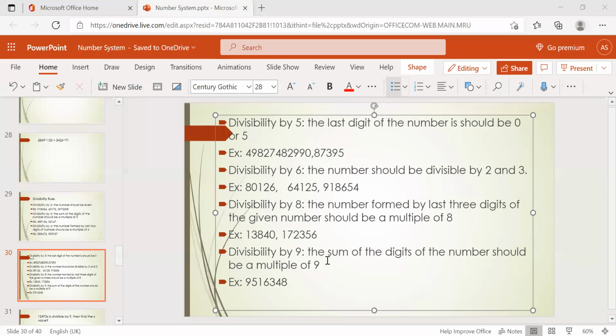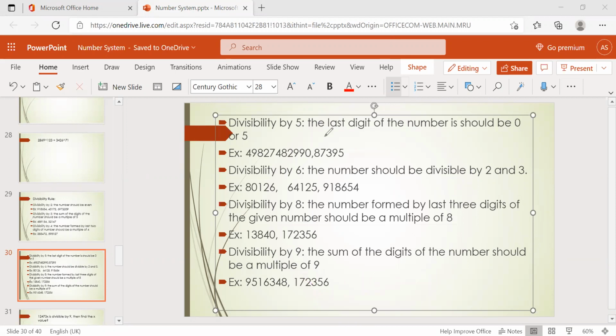Okay, let's check another one. Another example for you: 172356. Now just add these numbers. 7 and 3 make 10, plus 1 is 11, plus 2 is 13, plus 5 is 18, plus 6 is 24. 24 is not divisible by 9, so the number is not divisible by 9.